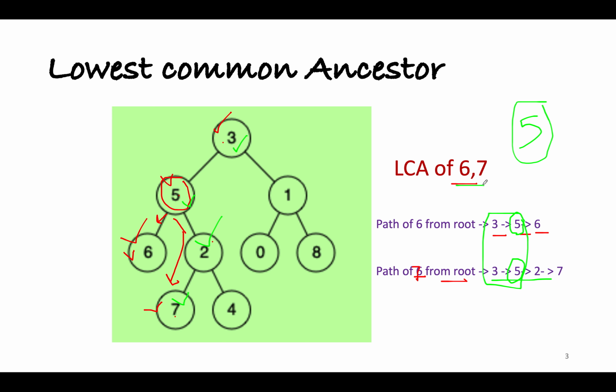What would be the time complexity of this approach? The time complexity would be pretty straightforward, order of n for storing the path of each node. Also, you will require some extra space because you have to store the path starting from the root up till the node that you are searching for, which again may take space of order of n. We want to reduce that, and we want to provide a space optimized approach. So let's look at the space optimized approach.